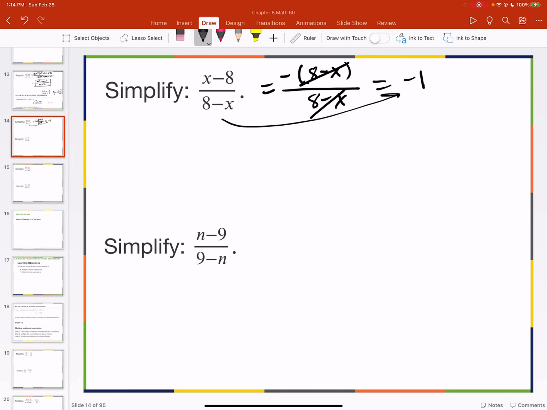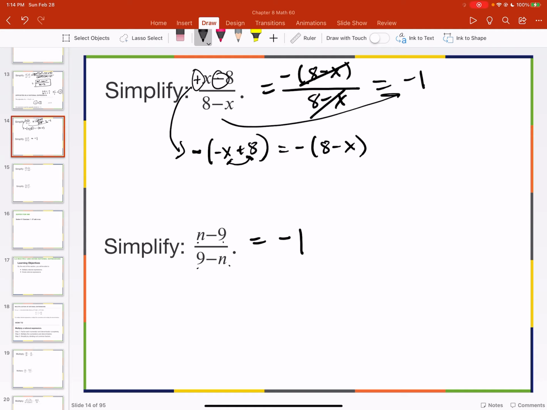So I can even show you by thinking of it this way. This is positive and this is negative, right? So what if I had factored out a negative? If I just factor out a negative, well, then I get negative x plus 8. But then if I commute the order, I get negative 8 minus x. So see, it's the same thing. So now here, all you need to do is say, oh, these are opposite. Then that's going to equal negative 1. Okay,